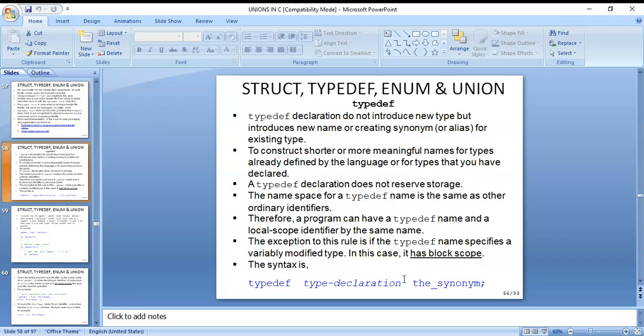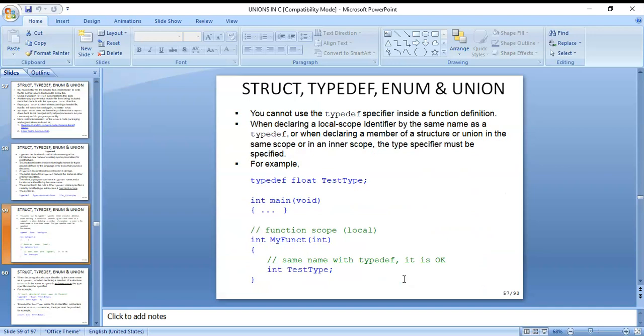In this case, it has block scope. The syntax is typedef, type declaration, the synonym. We cannot use the typedef specifier.